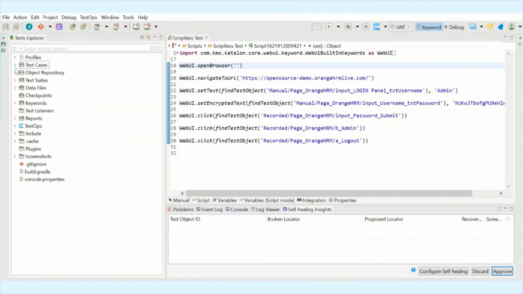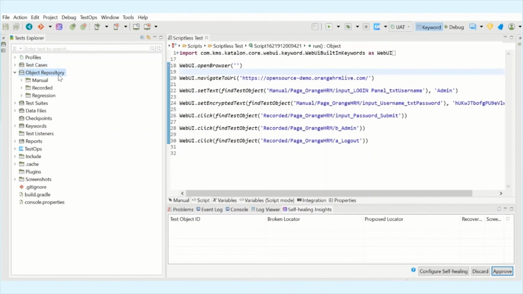Previously we have discussed the important element of any web application, which is the objects or the web elements. The tool will control the application or do actions on this application through these web elements or web objects. So the object repository is a place where I'm keeping all my web elements, which I use further in my test case to automate the application.